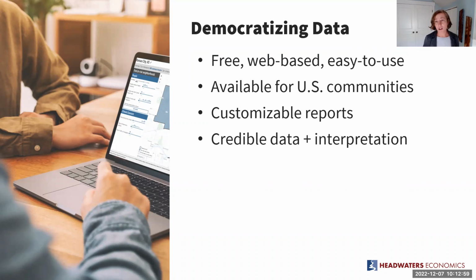So they're available for all US communities across the entire country, and they all include some customizable data interactions that help communities surface really important insights so they can prioritize their resources to the people and places that need it most. We use only the most credible data sources, often from federal data sources in the United States, but we go beyond providing just the data to also providing some interpretation to help users understand what it is they're seeing and how it can help them with their decision-making about their economy, their land use, and their climate adaptation strategies.